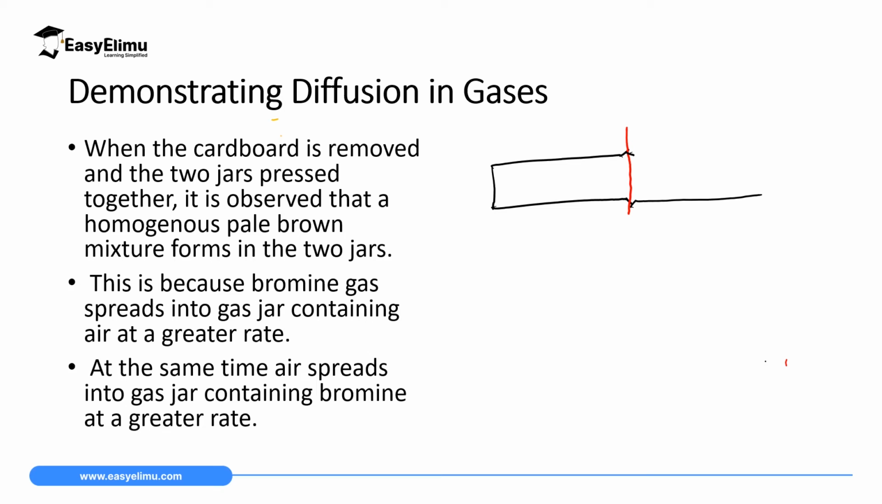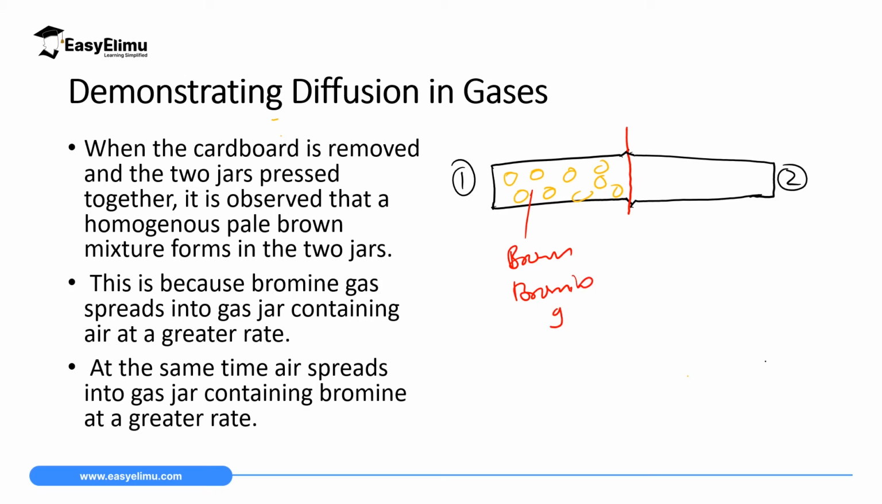Put the second gas jar like that. Then what you do, one gas jar, let's call it gas jar 1. Here, this is the first one. This is the second one. In the first gas jar, you will put bromine gas inside. You have bromine gas. It is brown in color. So this is brown